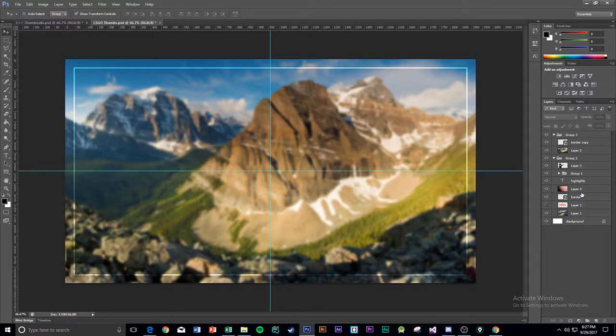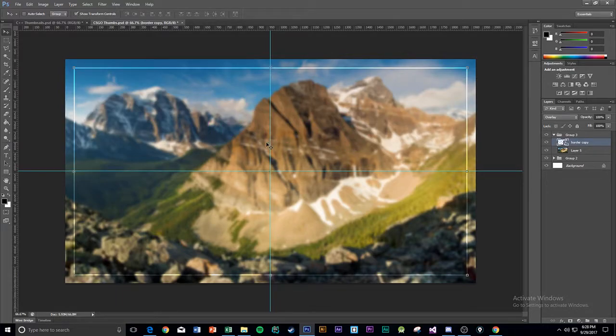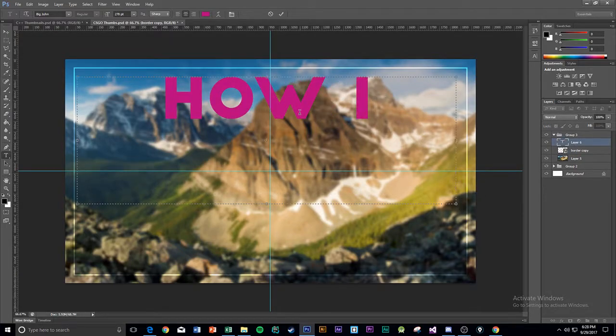And let's see, what font did I use for this? I use a font called Big John a lot. That's just my favorite font. I'm actually going to duplicate it. I come here with the text editor usually and just copy it like that. Yeah, I'll just redo it. It's easy. So I'll create a text box and say how I make